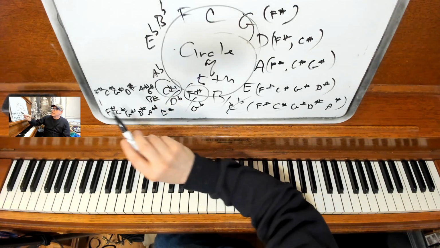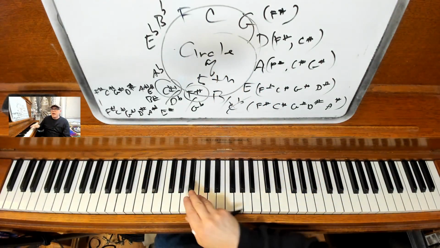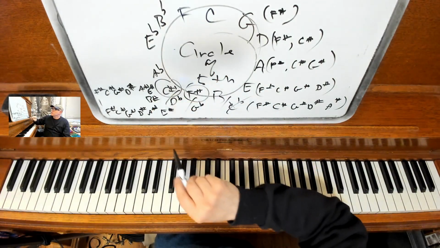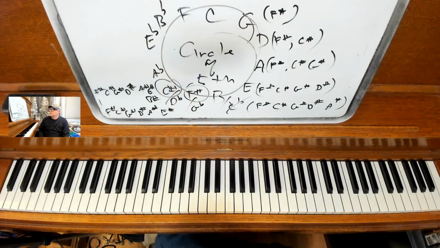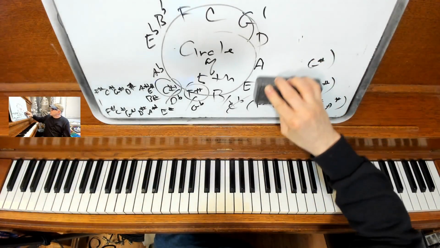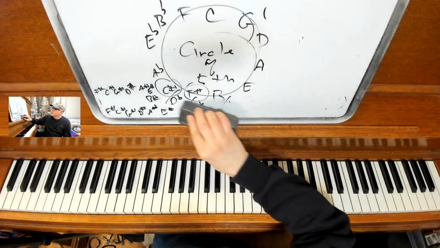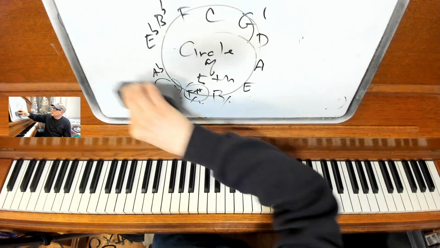I'm going to switch back to flats. So if I went the other way, I would add one flat, okay? But that's our 7 sharps in the key signature. Now again, if we're talking about flat keys, okay, then